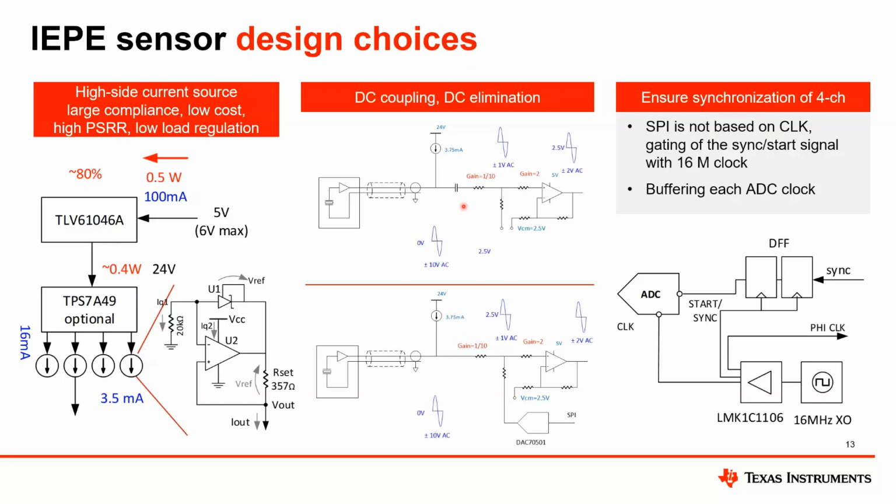Here in the middle, we see the comparison between AC coupling and DC coupling. We have one channel in the design. The fourth channel shows the DC coupling. For DC coupling, offset cancellation is required, and this is required to avoid the ADC saturation. Offset cancellation is done here through an onboard DAC, the DAC7501,